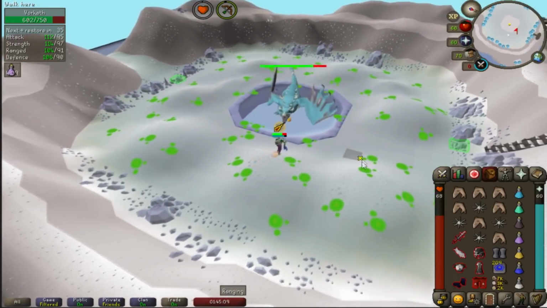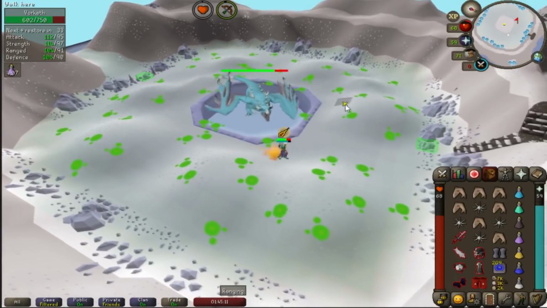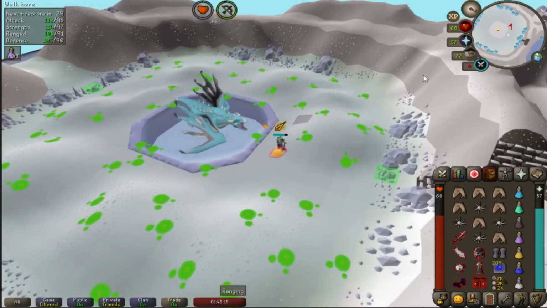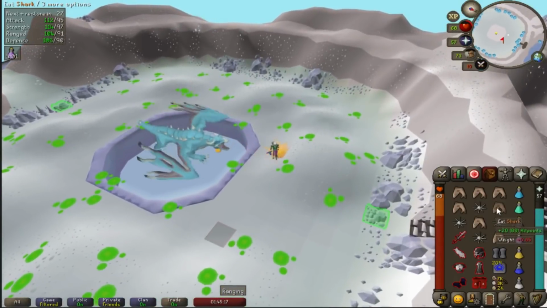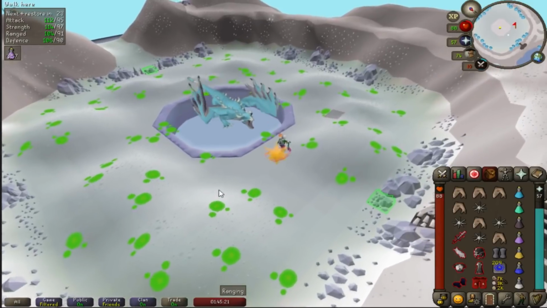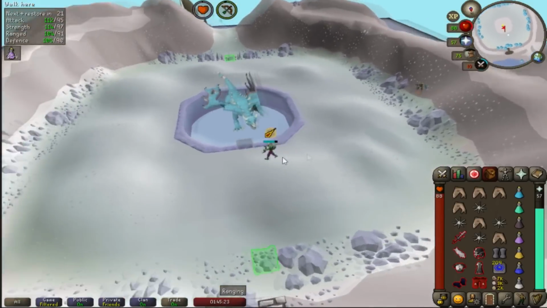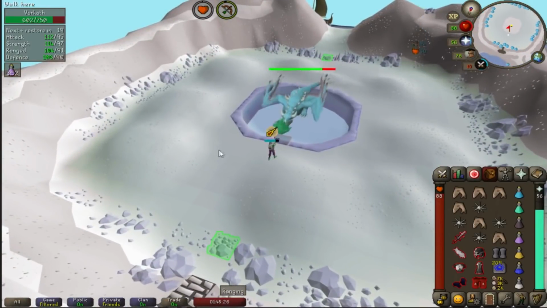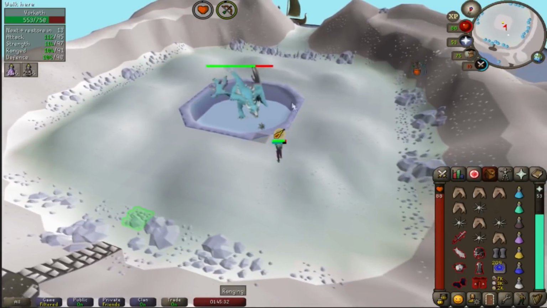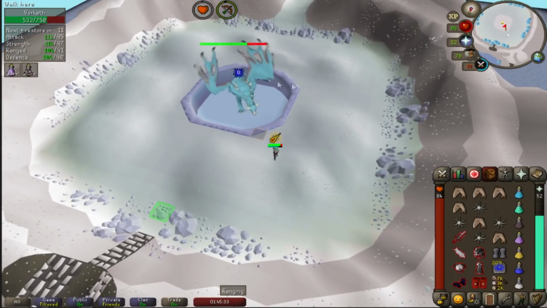Turn off your run energy if he comes up with this attack, and just calmly walk in between these pools. If you step on the pools, they will damage you and heal Vorkath. But if you just keep clicking like that, just make sure your character is always a few steps behind from where you're clicking, and you'll be fine and take absolutely no damage during